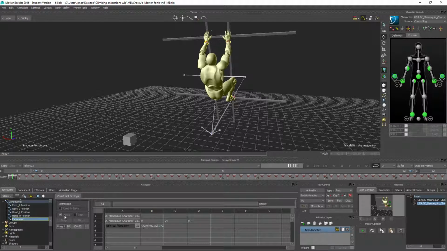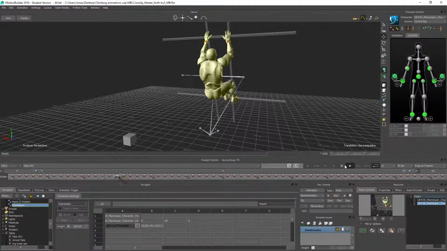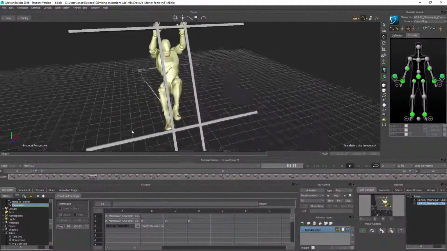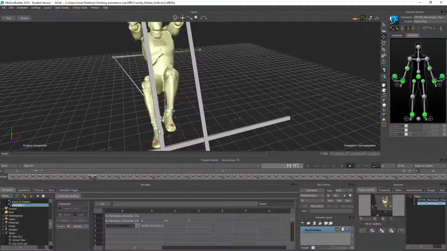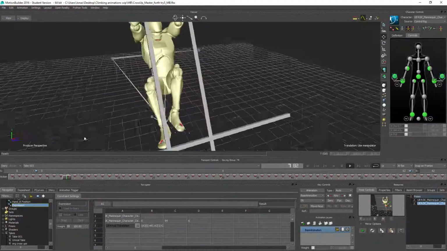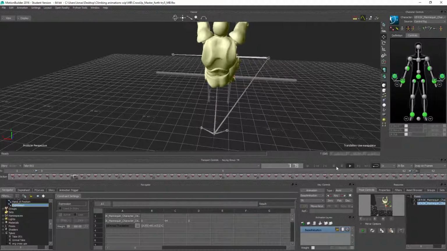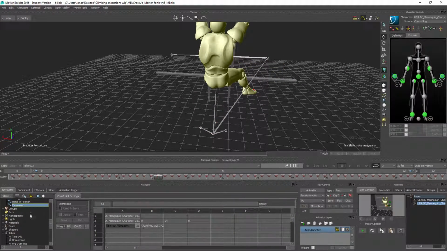So I'm going to turn the expression constraint off as well, and just make sure that everything still moves and stays where it should. I didn't take a look at the foot actually. Yeah, well, that could use a little bit of love as well. But anyway, just to cut this short, I'm going to finish this off by renaming this take to